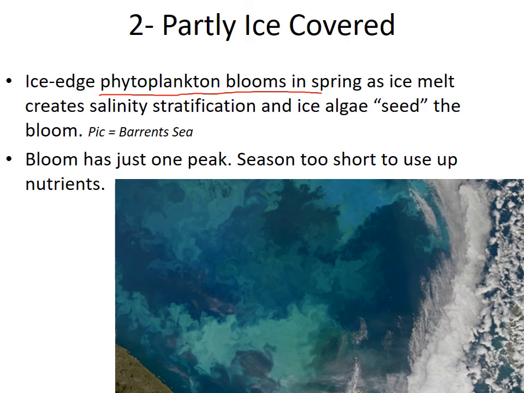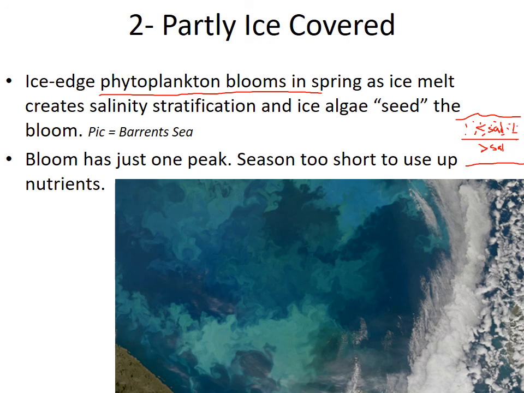There's some stratification in the water based on salinity, as the melting ice freshens the water. So there's a lower salinity in the surface layer and higher salinity in the deeper layer. And this stabilizes the water column and allows a phytoplankton bloom to happen as the